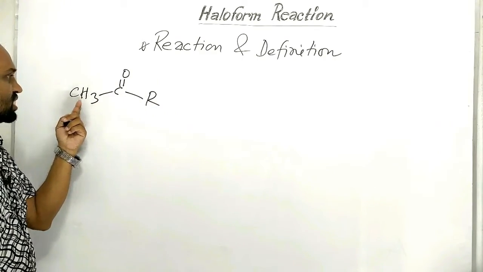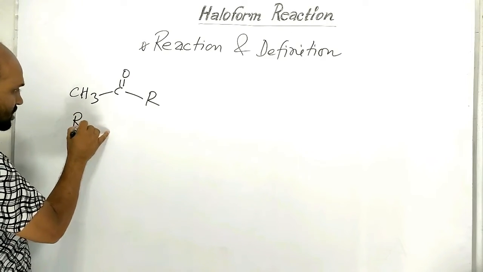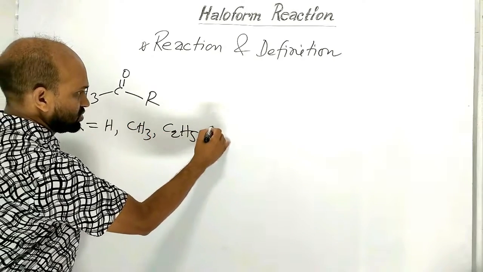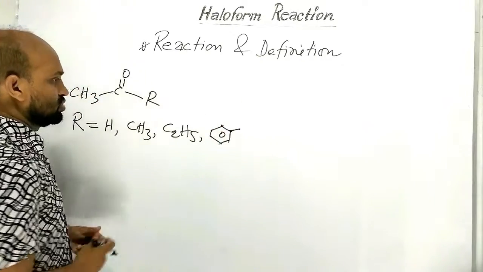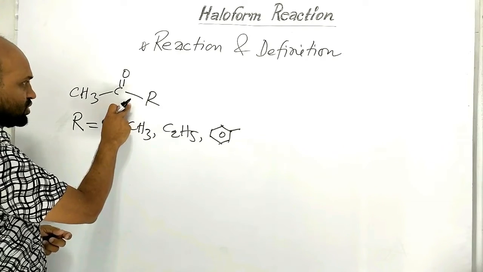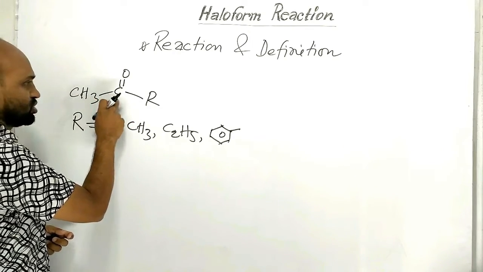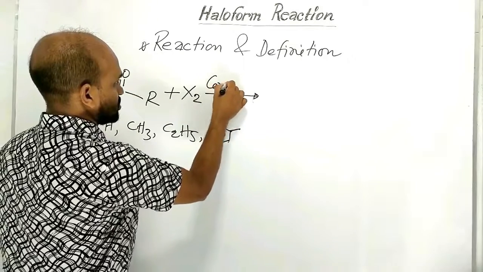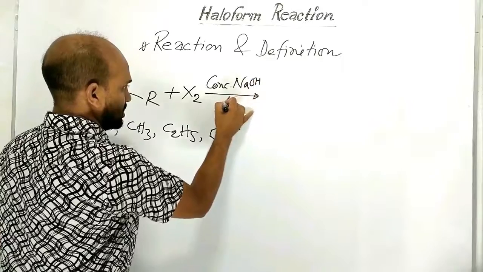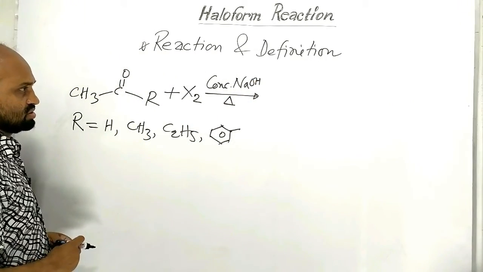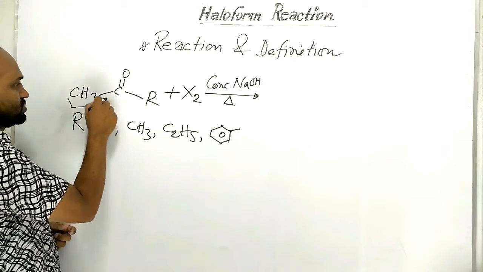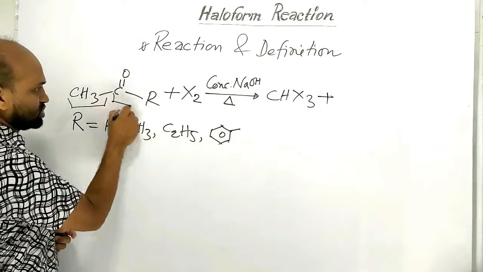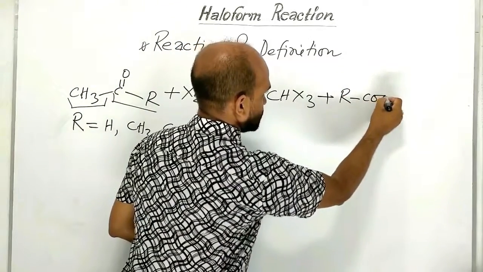Here R may be hydrogen, methyl group, ethyl group, phenyl group, etc. When this compound is treated with halogen in presence of concentrated sodium hydroxide and the reaction is heated, then this methyl group turns into haloform